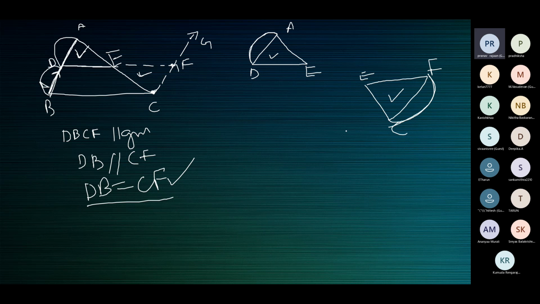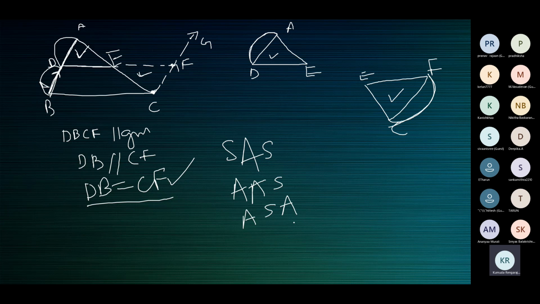So you're left with SAS and AAS, or ASA. Ma'am, I found SAS. Okay, that's what we're left with, these three congruence criteria. So you'll have to use any one of these three according to the information available. You cannot use all three. You'll have to check which will work for the given information. Ma'am, SAS will work. Yeah, we'll just check.